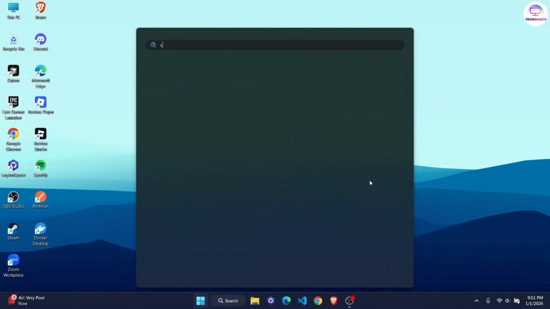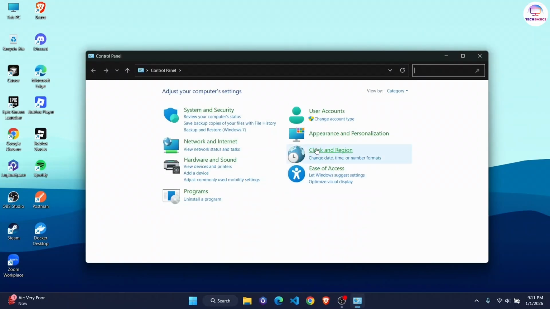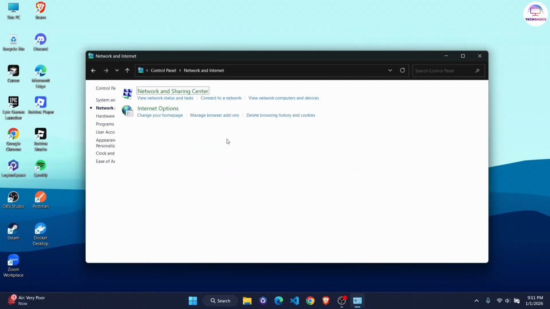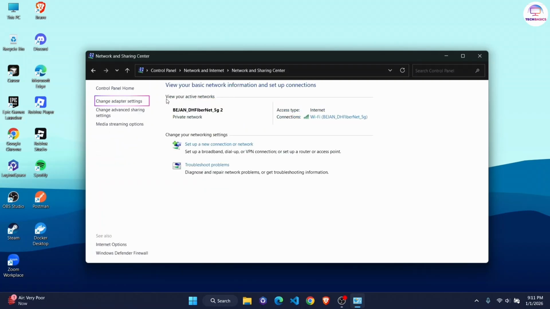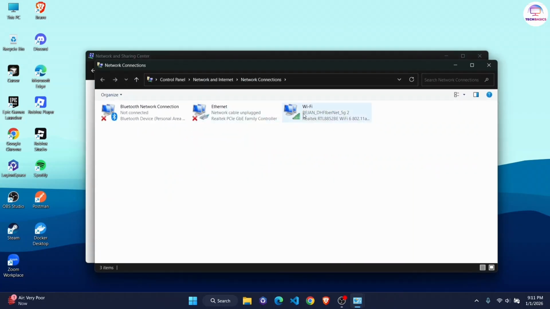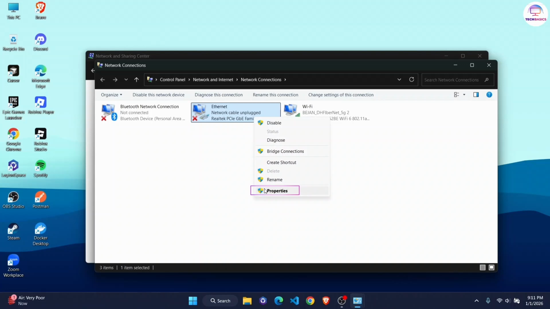Then again, search for Control Panel. Now in this case, all you have to do is go to Network and Internet, then go to Network and Sharing Center, click on Change Adapter Setting, then right click on Ethernet, go to its properties,